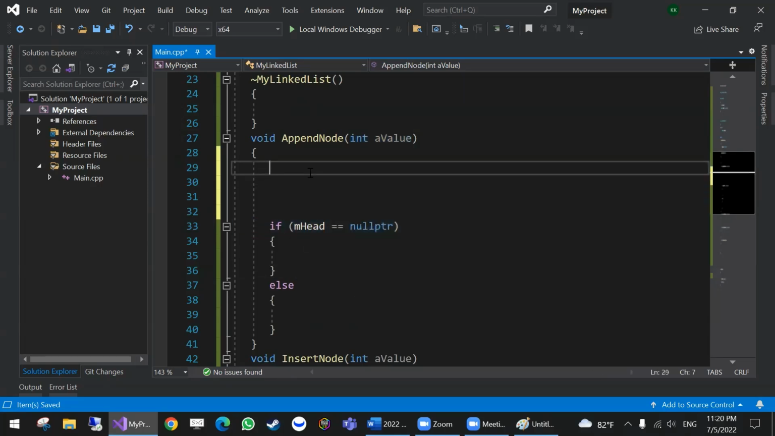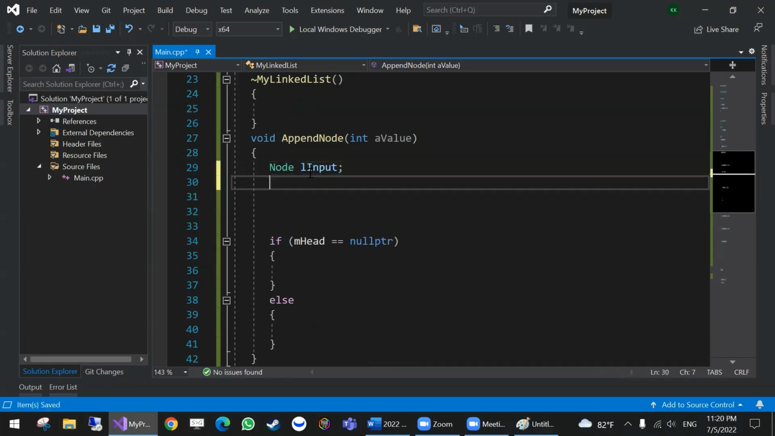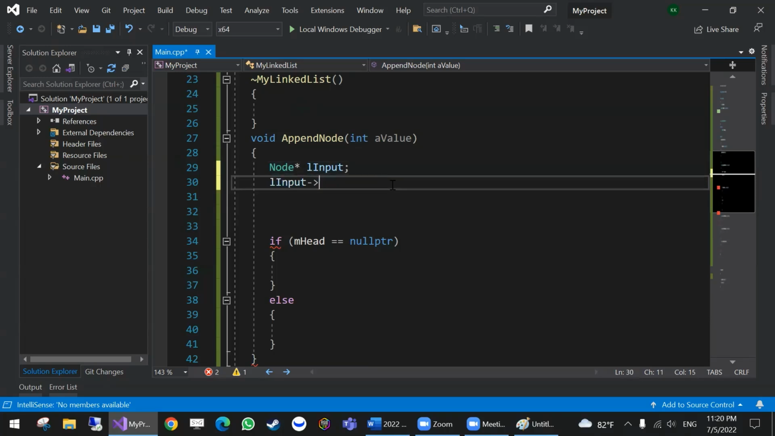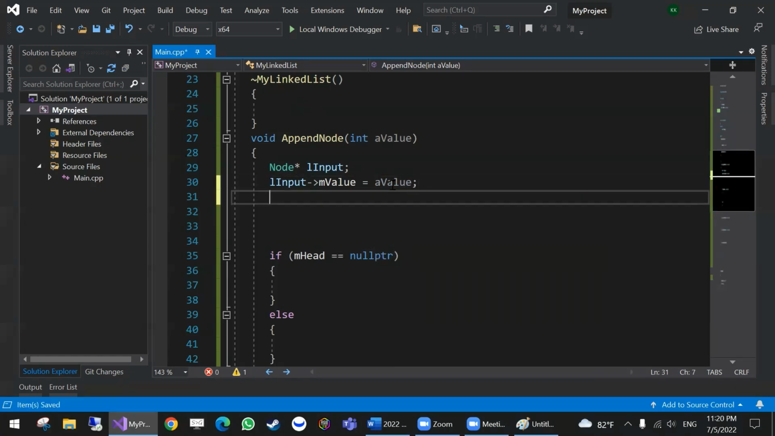So I'm gonna say I would like a struct, called like L input. We're gonna call it input. Now L input, let's do it as a pointer. Now L input to value is whatever the value that I received. And even if I don't set